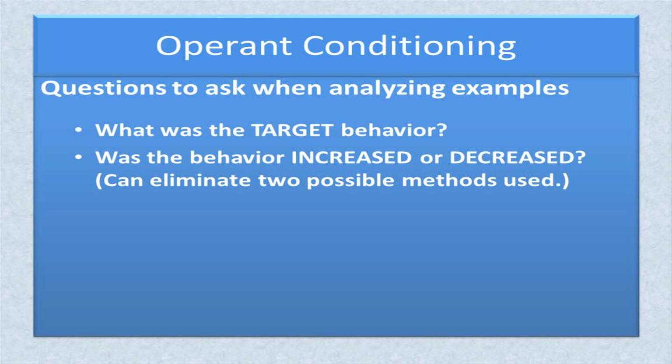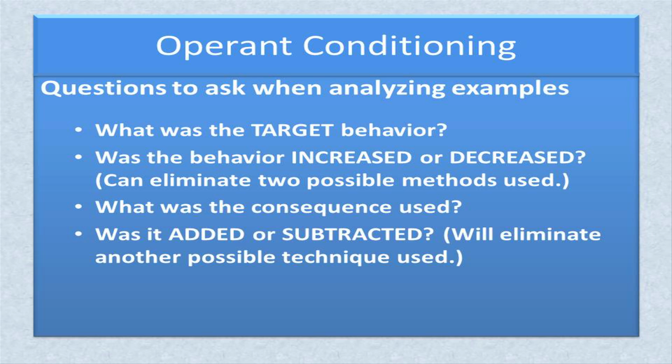Therefore, the answers to these 2 questions will eliminate 2 possible techniques. What was the stimulus used? What action was taken with the stimulus? That is, was it added or subtracted? The answer to these questions will eliminate another possible technique, thereby identifying the operant conditioning technique used in the